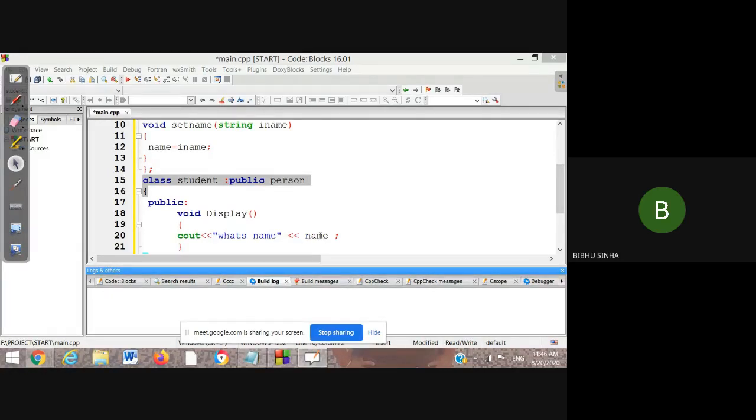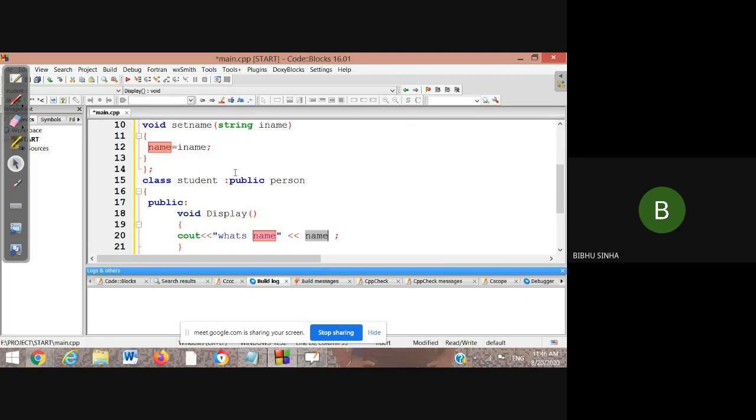But you are thinking about, sir, this data is protected. Yes, absolutely right, this data is protected, but what I have done here is a clone of this data. On the name I pass the public mode, not the protected one. So here we are going to access the clone of the data. We are not accessing the data in private mode, and that's why I set the method in public mode in the class of the person.